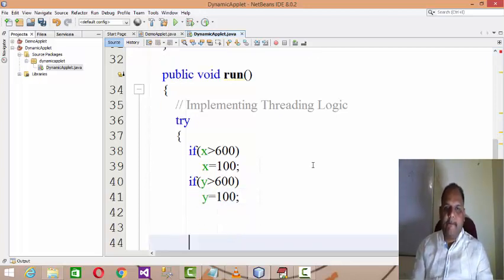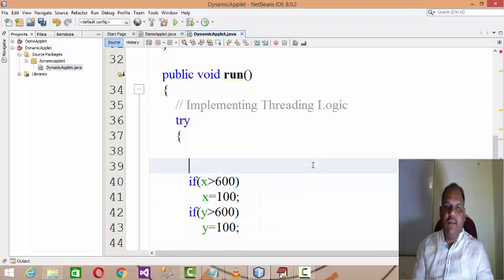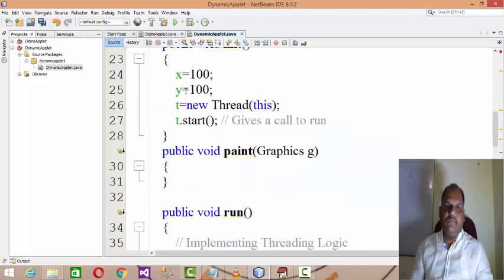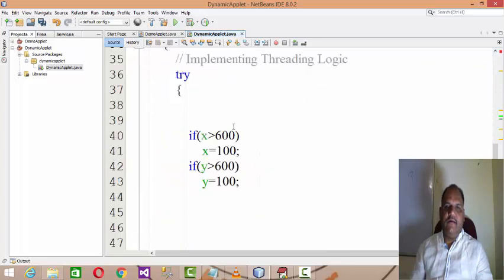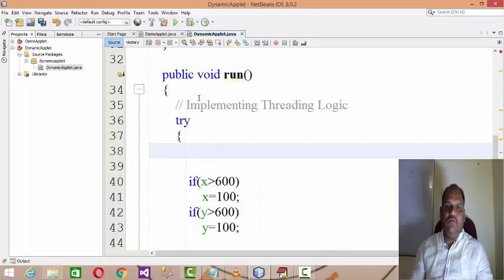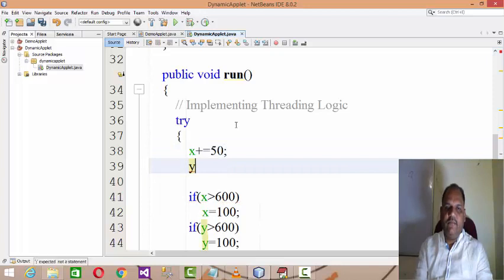So initially, as we know, the value of X is 100 and the value of Y is also 100. So once you call run, you increment the value of X by 50 and increment the value of Y also by 50.